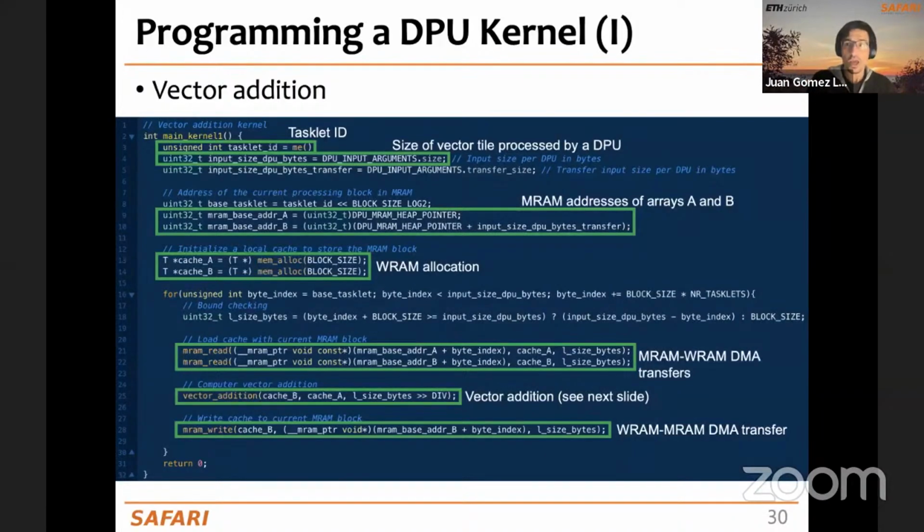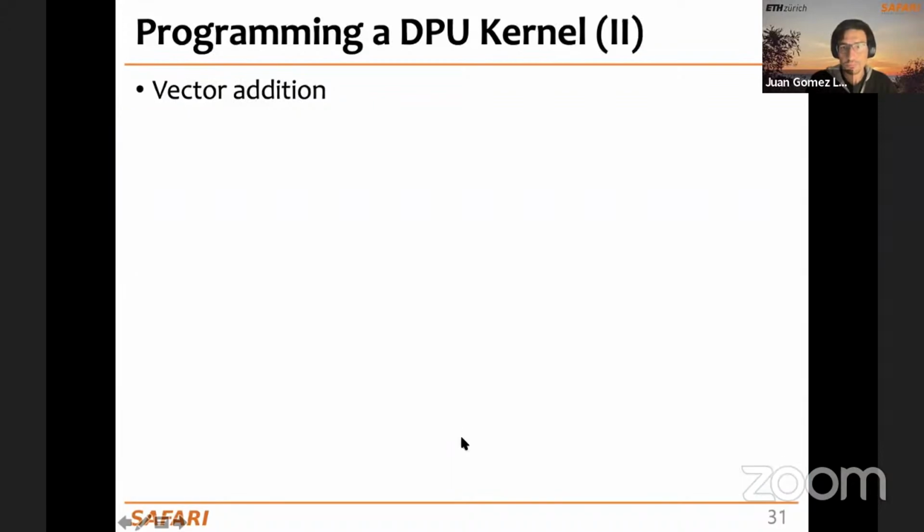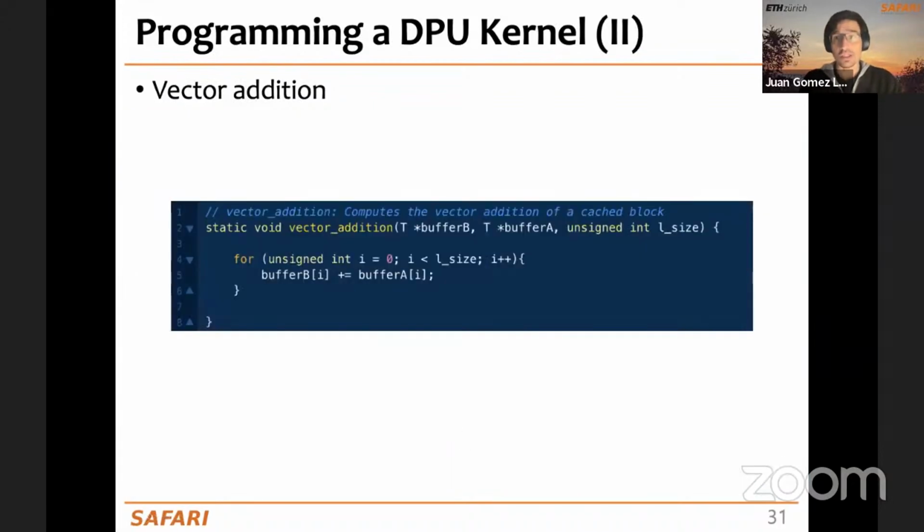And finally, when we have the vector addition performed for these two chunks that we previously copied to the WRAM, we can return the final result that is now in WRAM in this cache B. We copy it to the corresponding address in the MRAM that is pointed by this MRAM base address B. And here in this slide, you have the simple inner loop of the vector addition that is executed by a